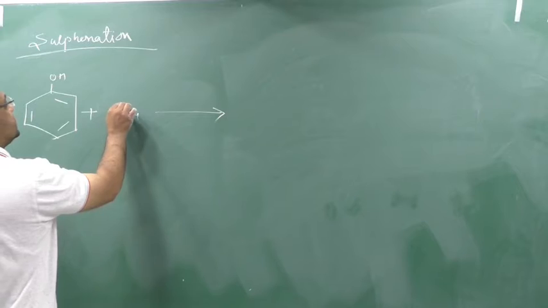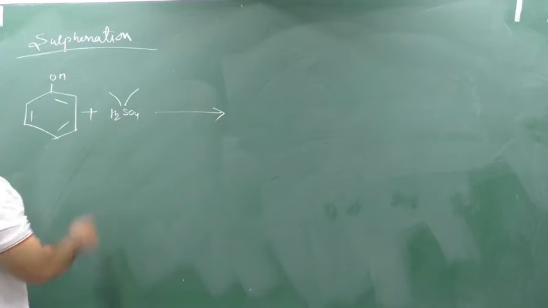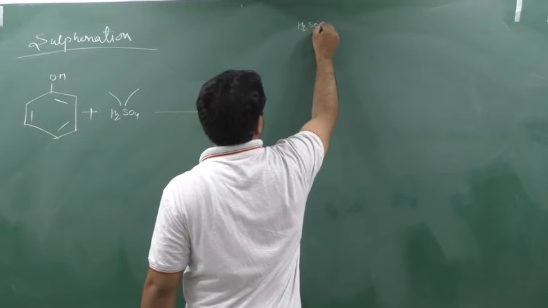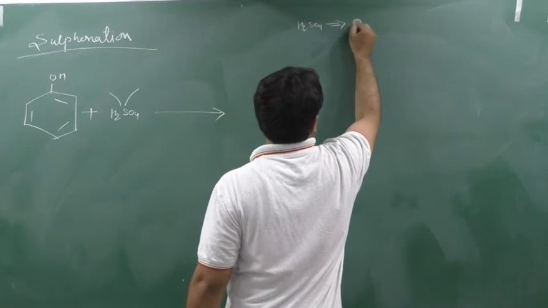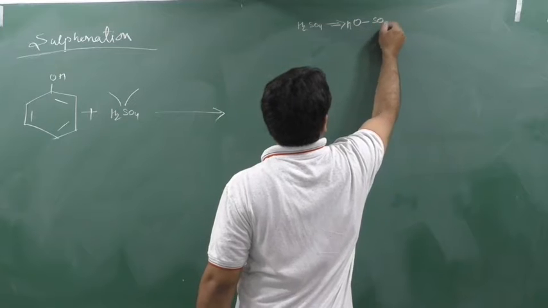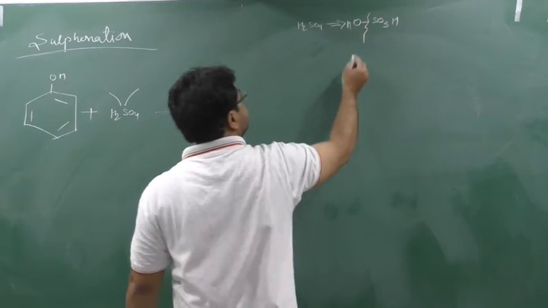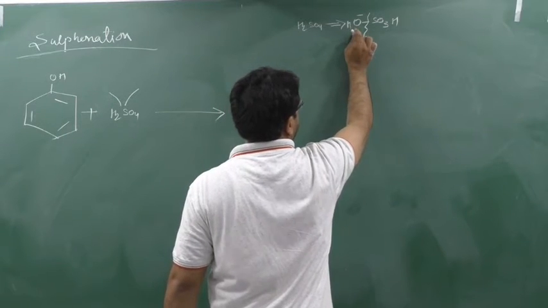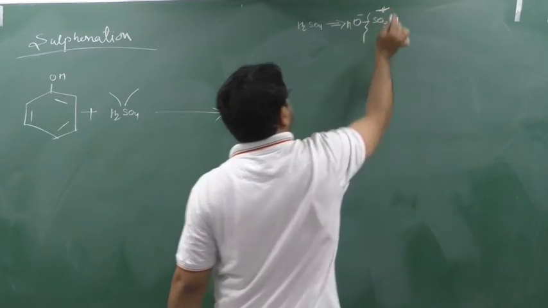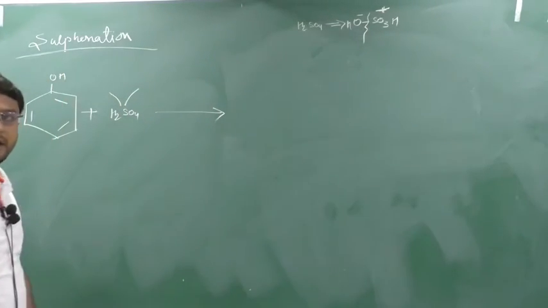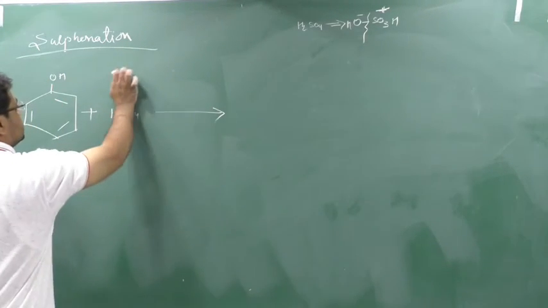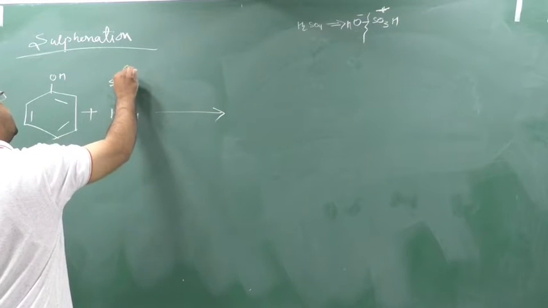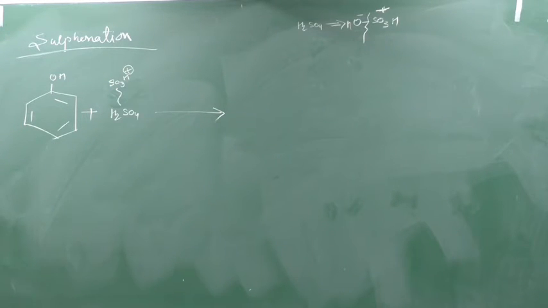Now see how. In sulfonation, first you have to identify who is the electrophile. So see this H2SO4, it is written in this way, OH, SO3H. If you break it, this will get minus because oxygen is a more electronegative element. So this portion will contain minus and this portion will contain plus. So H2SO4 will generate an electrophile, SO3H plus. This is the electrophile generated by H2SO4.